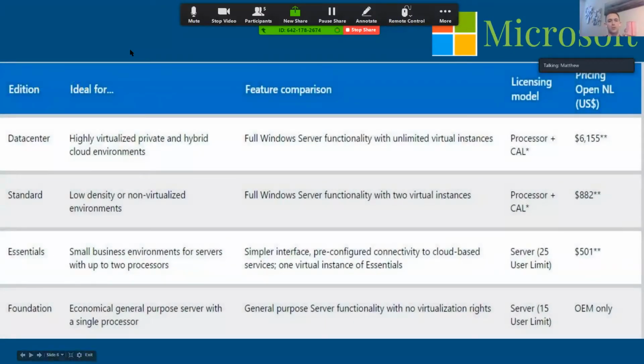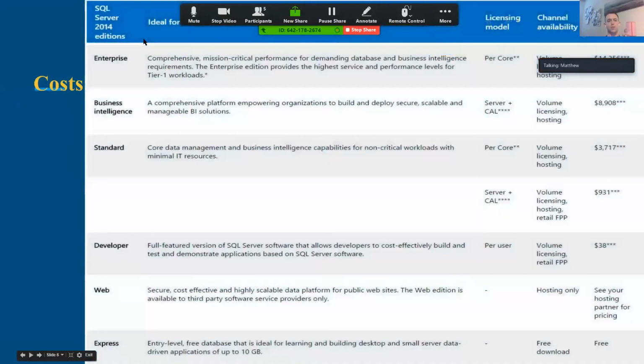If a business wants to purchase all of the infrastructure to support ASP web applications for themselves, these are the Windows Server 2016 costs for purchasing either a basic foundation or essentials server if you're a small business or you expect lower traffic, or if you need the really beefy stuff, you can buy standard or data center editions of Windows Server. And the same with SQL Server for the database applications of ASP. It comes anywhere from Express as a free entry-level database all the way up to the Enterprise Edition, which is